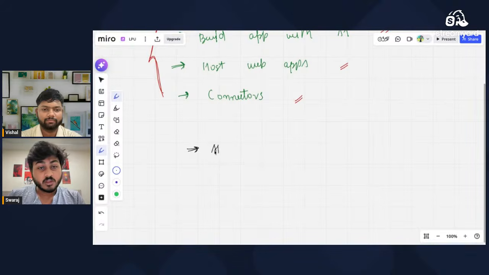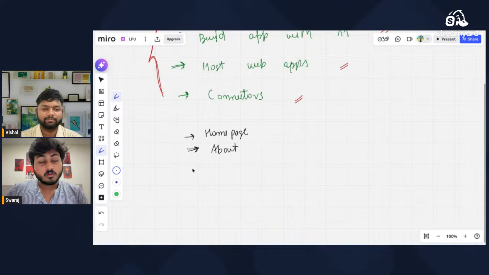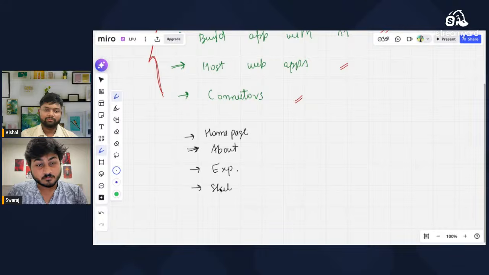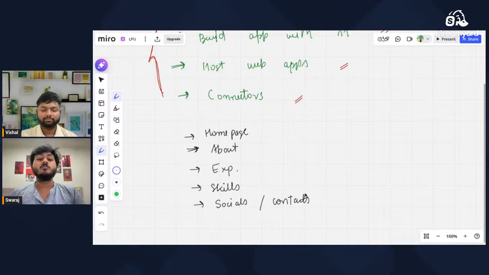So we are having the home page, the about, the experiences, the skills, and the socials slash contact. So these are the portions your portfolio is going to hold. These portions should majorly exist in your portfolio. It should have a home page, about, experiences, skills, and socials.